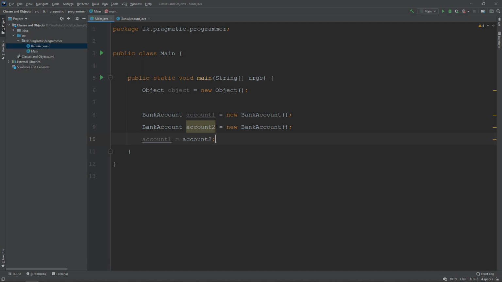By doing that, the object reference stored in the variable account 1 becomes equal to the reference to this object here. So then this particular object that was created in the beginning becomes unreferenced. So this object will be eligible for garbage collection.